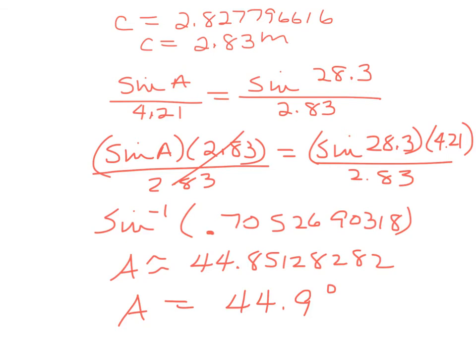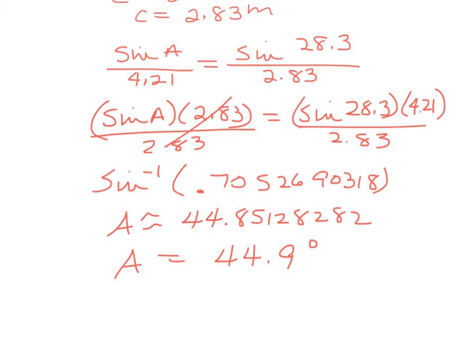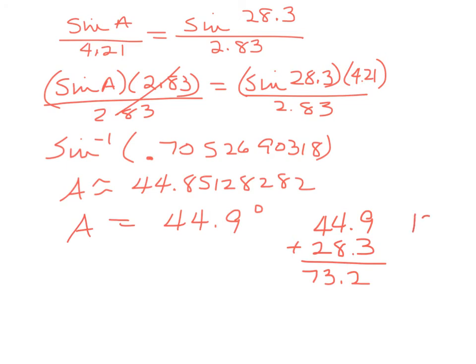Now, I have my original given angle, which was angle C. So angle A plus angle C, I will add those and subtract from 180 to get angle B. So this gives me 73.2. Subtract that from 180. And I find out my missing angle is